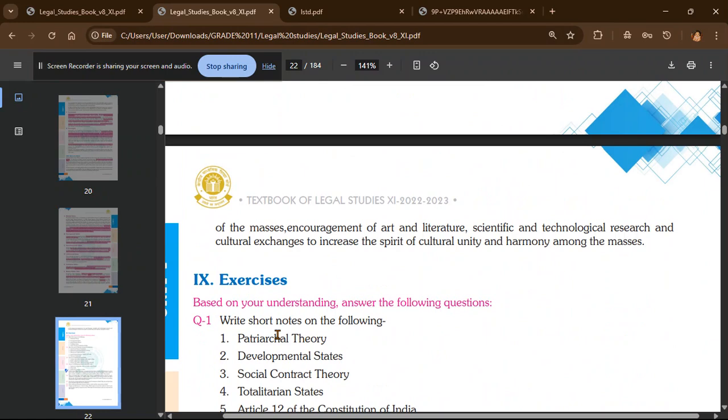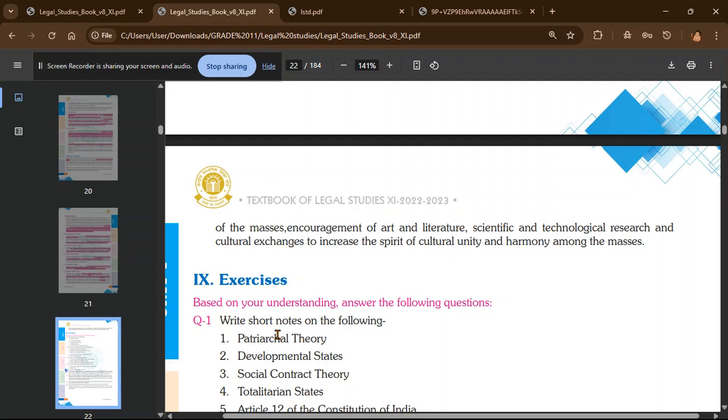Assertion reasoning is okay. Then they have given you who is the earliest proponent of the kinship theory: Aristotle. This we know. Then for long question answer, let me see. They can ask you how does social contract theory explain the origin of the state? Briefly explain the theories of different thinkers of the social contract tradition as far as the state of nature and need of social contract is concerned. So this you can write by yourself.